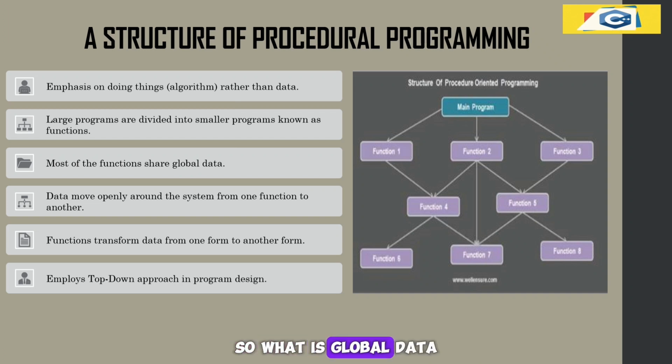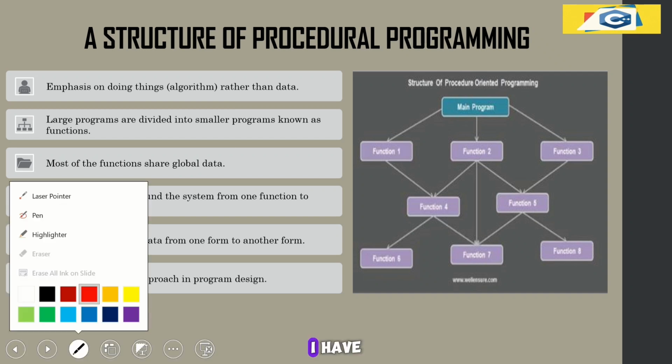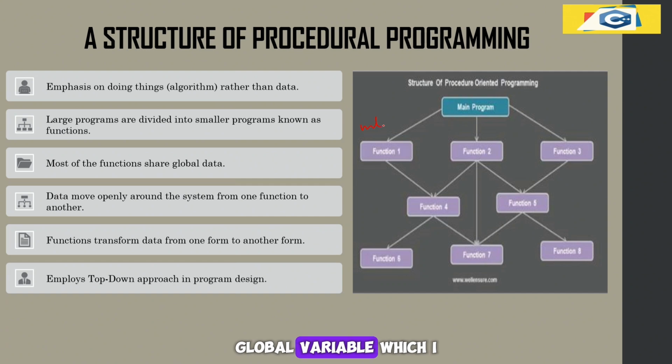So what is global data? Global data is the data which is accessible to any function in a program. We have local data and global data. Local data is function specific. Global data is not function specific. Suppose I have a global variable which I have declared in function 1.